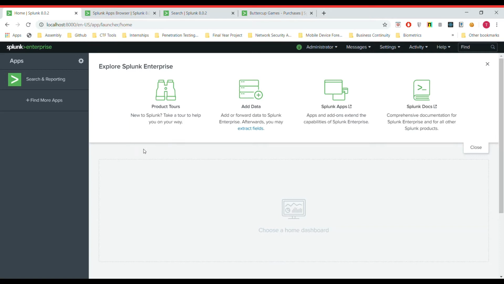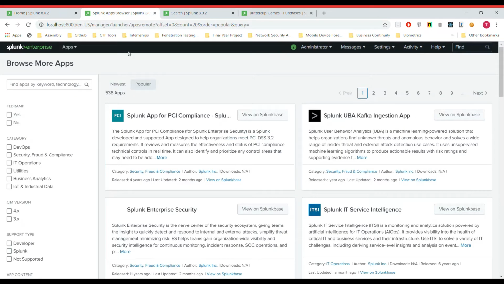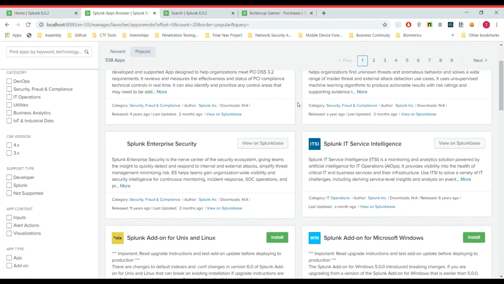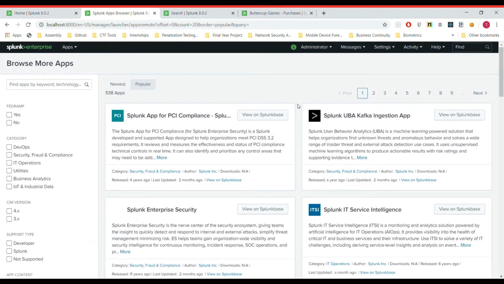Once you've downloaded, installed, and launched Splunk, you're presented with the following screen. The first major feature that I want to mention are the thousands of apps and add-ons that Splunk can provide. These apps can be used to better interpret and visualize data generated from specific technologies, for example VirusTotal or Modern Honey Network. So you can search for the app related to your specific technology or software, and it helps to better visualize